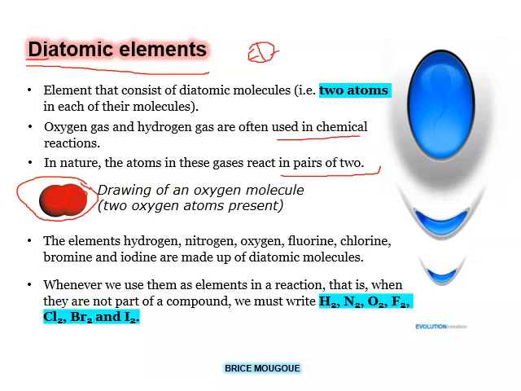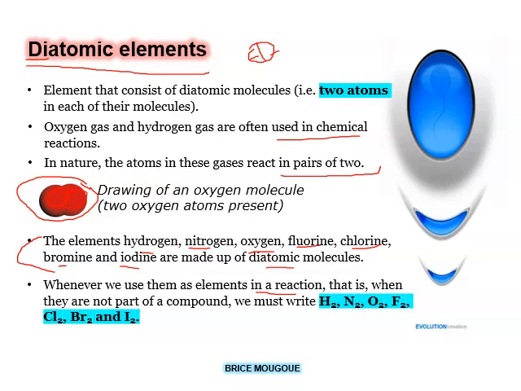Now this is a list of elements that have 2 atoms in each of their molecules. We have, for example, hydrogen, nitrogen, oxygen, fluorine, chlorine, bromine, and iodine. They have 2 atoms in each of their molecules. They are diatomic. So each time that we use them in a reaction, and if in that reaction they are used as part of reactants,